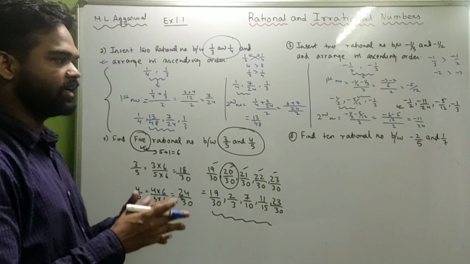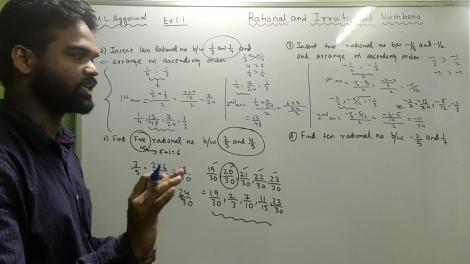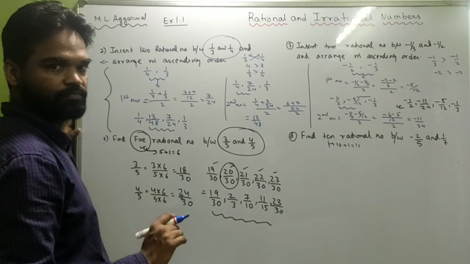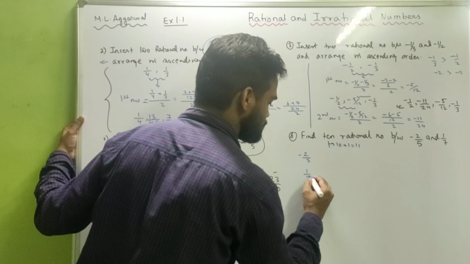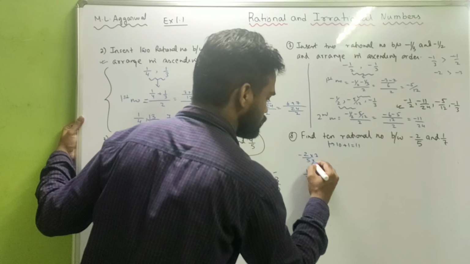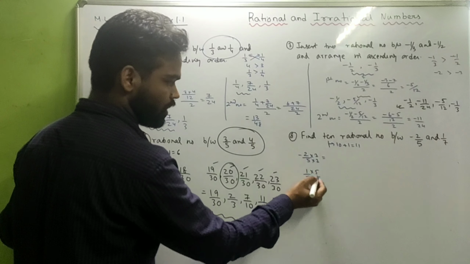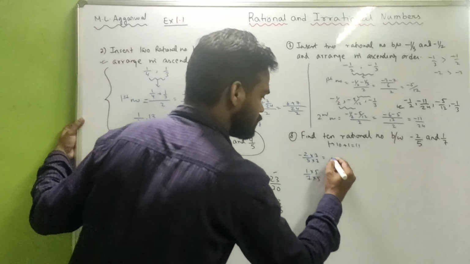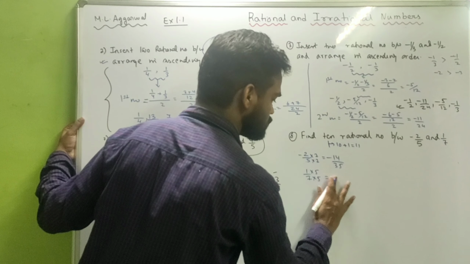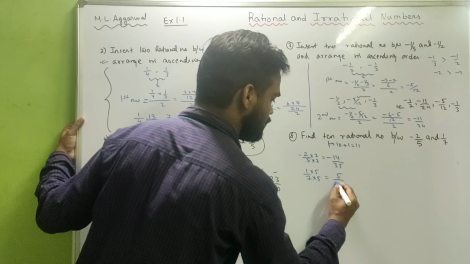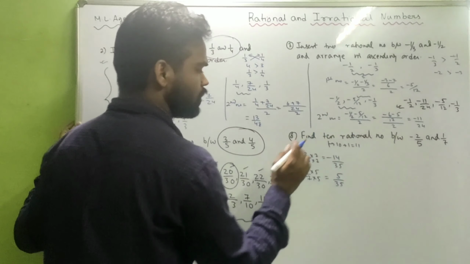Look at one more sum. Find 10 rational numbers between minus 2 by 5 and 1 by 7. The process is the same. First change it to like fractions, which means the denominators should be the same. So minus 2 by 5 and 1 by 7. We know how to change it to like fractions. Okay, this one multiplied by 5 and this one multiplied by 7. So it's minus 14 by 35, and this is 5 by 35. Now between minus 14 and 5 there are so many numbers, they have told us to find